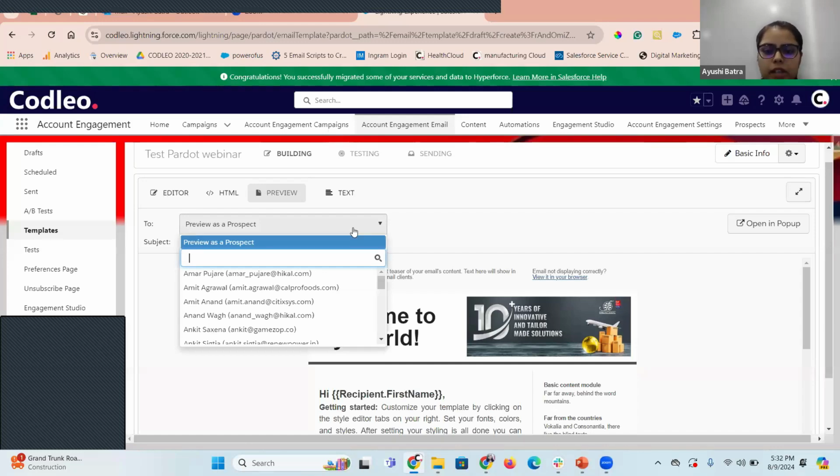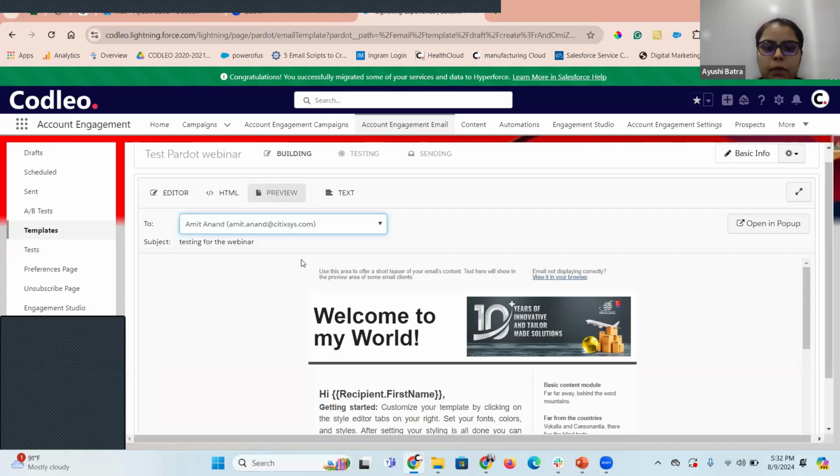Now, once your email is ready, and you have also added the unsubscribe link and the personalization, if you want to have a preview of how it will be showing at the customer's end, you can simply go to the preview section and select that particular contact. So like this, Amit would be receiving his name like hi Amit, and this will be the content that will be visible to them.